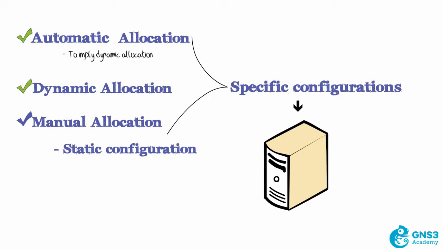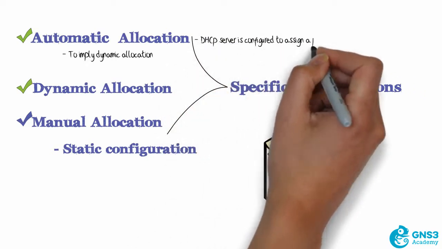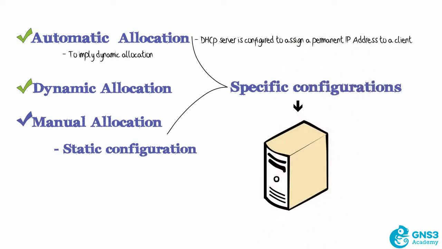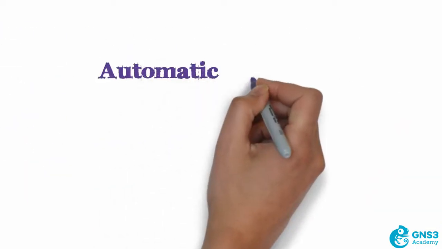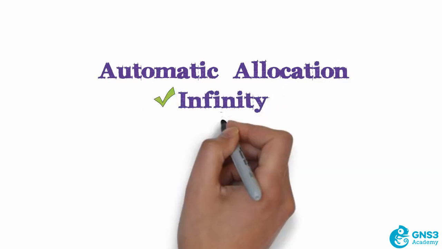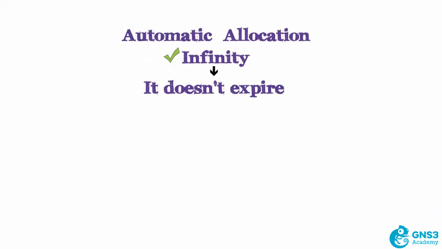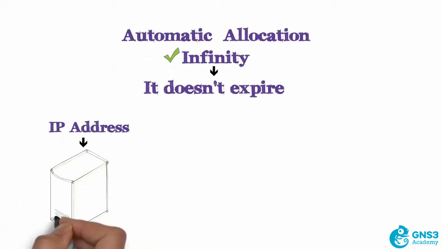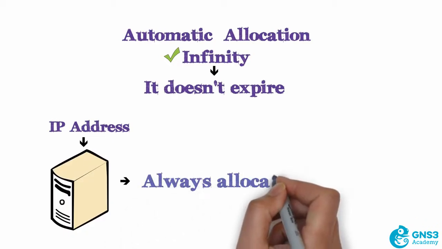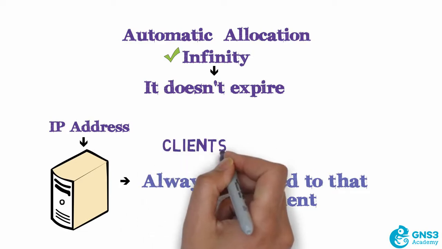So the first one, automatic allocation, is where the DHCP server is configured to assign a permanent IP address to a client. In automatic allocation, the IP address lease is set to infinity. In other words, it doesn't expire. The IP address that is given to a client doesn't expire once that IP address is allocated to that client. The IP address configured in DHCP is always allocated to that specific client based on, for example, the client's MAC